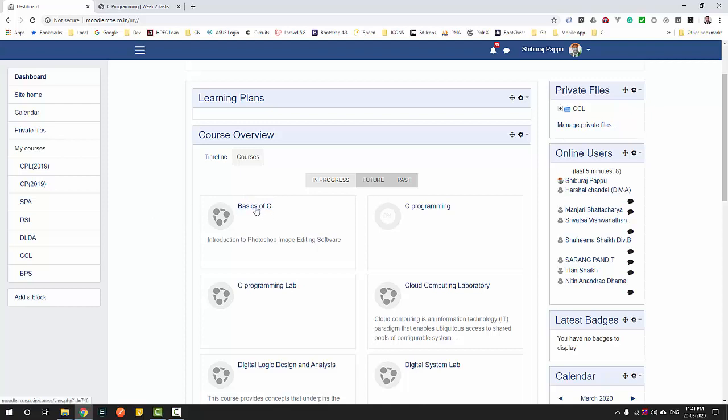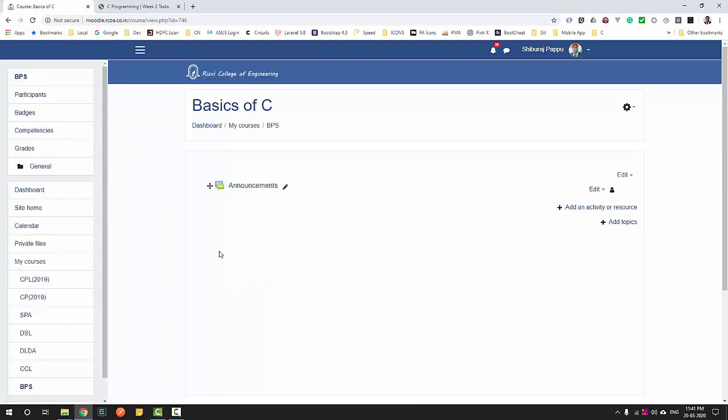Okay, and so here the first task is to select the subject in which you want to add the task. So for right now I'm going to add subject. I'm going to edit this particular subject, basics of C, throughout this series. So let's open that particular subject. As you see, this is how your